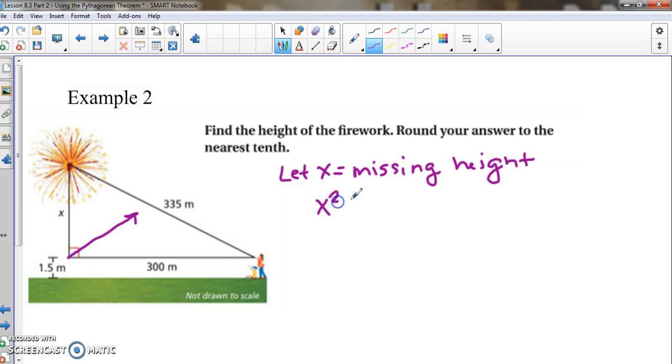So I'm going to do x squared plus 300 squared equals 335 squared. So using my calculator, I'm going to keep the x squared. 300 squared is going to give me 90,000. Okay, I'm going to do the same thing for 335. So 335 squared is